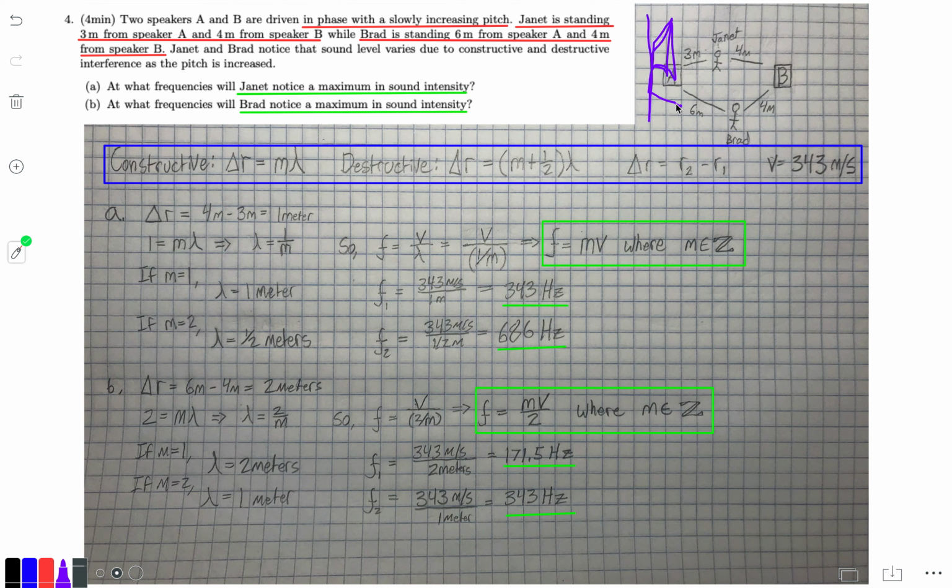excuse that drawing, but we could geometrically calculate, if Janet was over here, then we could find the path length at which she was away from the speaker. But since it's in one dimension, we can just go straight across here. And so, yeah,